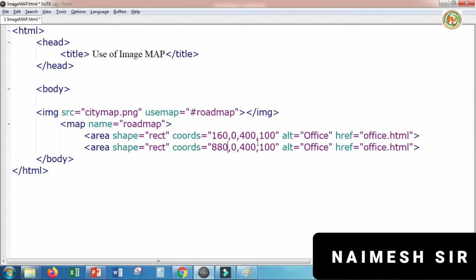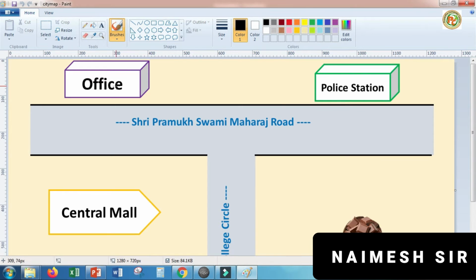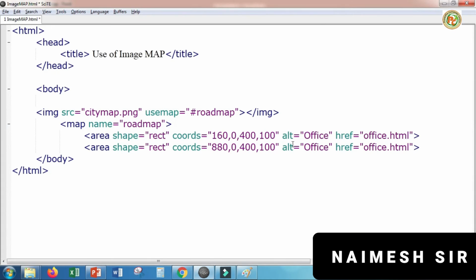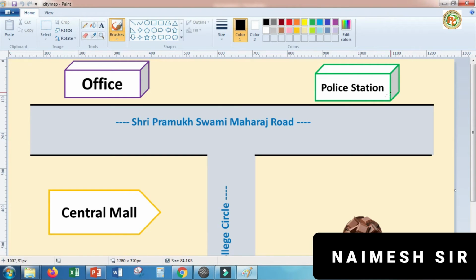Now y remains the same because it is in the same position. Now it will be completed at 1120. So here x1 will be 1120 and our y1 will remain the same.